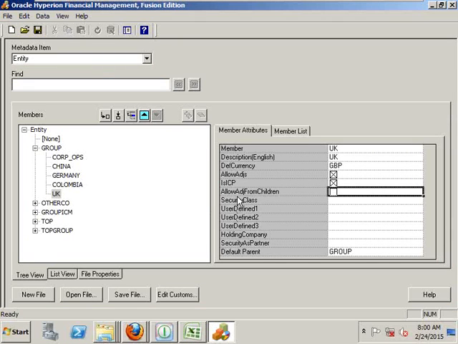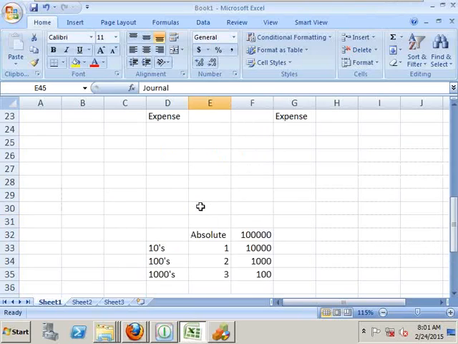We will go into detail when we work on the journal module. At this moment, what we need to know is allow adjustment and allow adjustment from children. Both attributes will be used to create the journals for whichever entities you require. You need to enable them. Is ICP: the entities that you are working with as intercompany entities, you need to enable them as Is ICP, so that the entity works as an entity dimension as well as an ICP dimension. In our example,